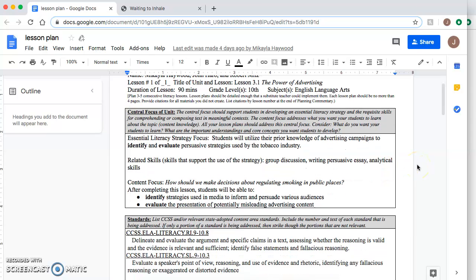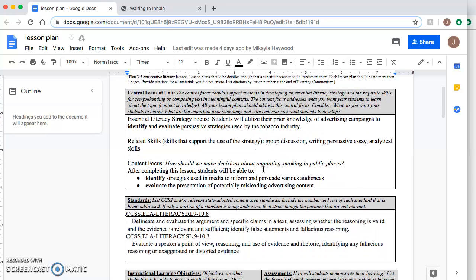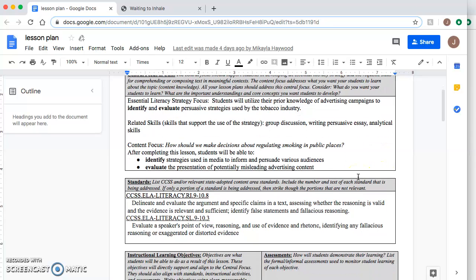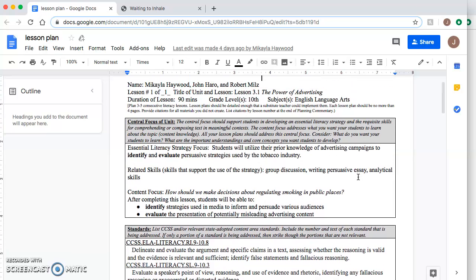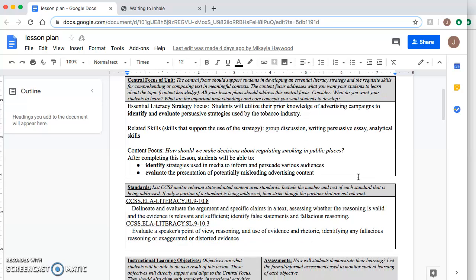The goal of this was to identify the portions of this lesson and know where to put them within our lesson plan. There are some moments where we'd have to tweak it to properly fit or provide enough of the info that we need for the lesson plan to be coherent and good enough for a substitute to use. And so for our lesson plan in our central focus unit,